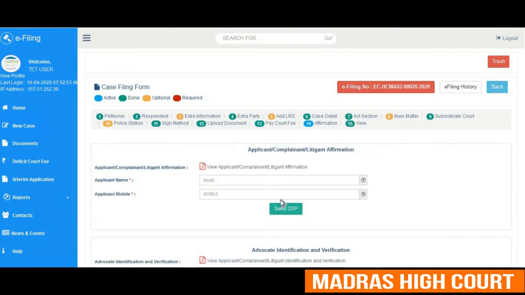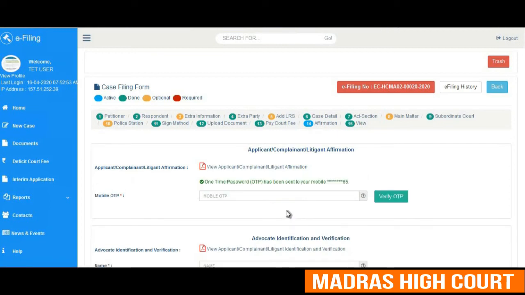Next comes the applicant, complainant or litigant affirmation. The applicant has to type his name and his registered mobile number and press the send OTP button so that an OTP would be generated and sent to the registered mobile number. The applicant has to type the mobile OTP which he has received on his mobile.